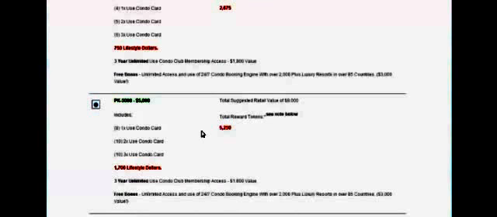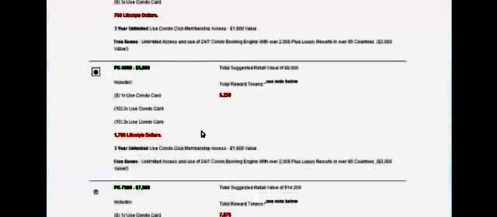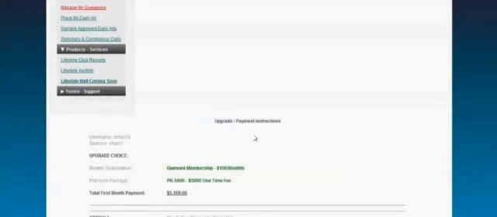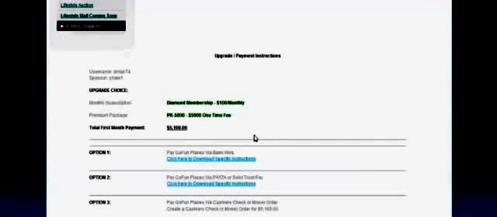We're going to use an example today of 5,000. Okay, so you would put a circle there, just click it. You pick the package, guys, and then scroll all the way down here to the bottom and you hit upgrade my account. Now, this is obviously not going to charge you right then and there, the $5,000. What it's going to do is just select that. What you notice here is that it put a cumulative total there of $5,100.